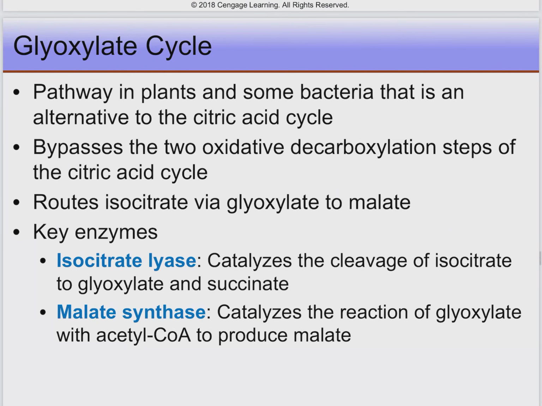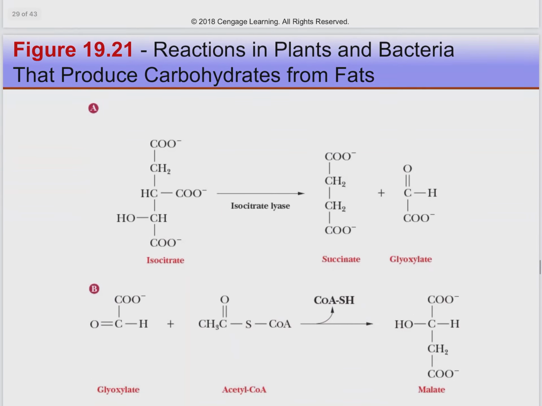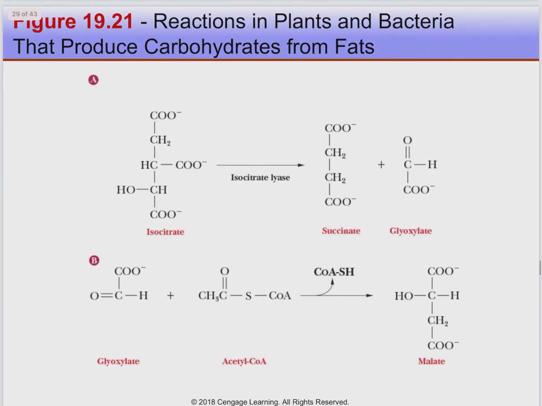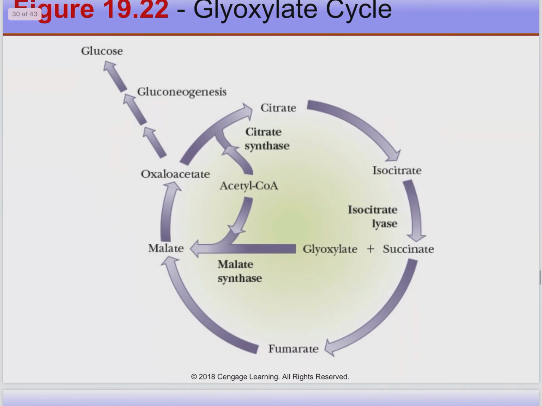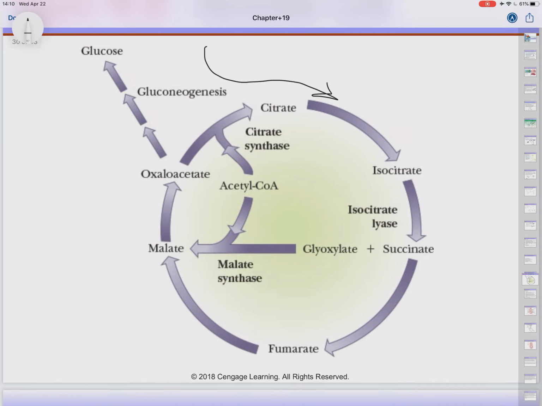I mentioned that plants are able to take fatty acid metabolism in the form of beta oxidation to get those little acetyl groups, acetyl-CoA essentially, that can be made into carbohydrates. So that's called the glyoxylate cycle. A few enzymes, in particular isocitrate lyase and malate synthase, reroute that acetyl-CoA through a different pathway. So I think we can see how it fits in here. So instead of the acetyl-CoA going this route, going through citrate, it gets turned into,